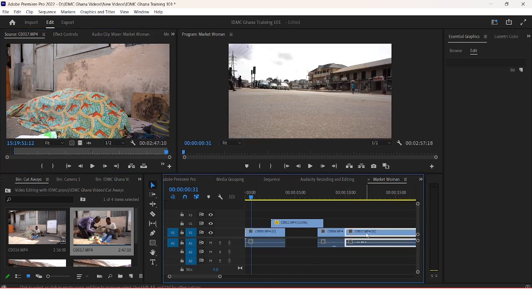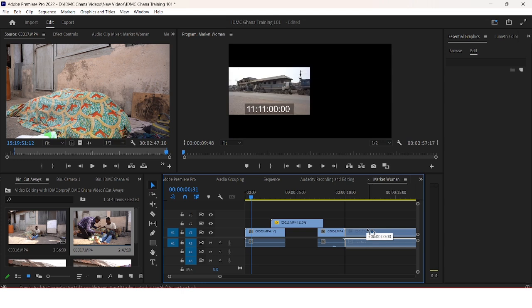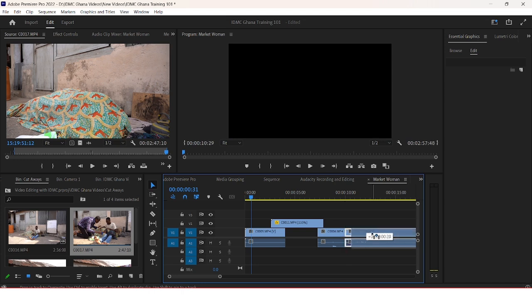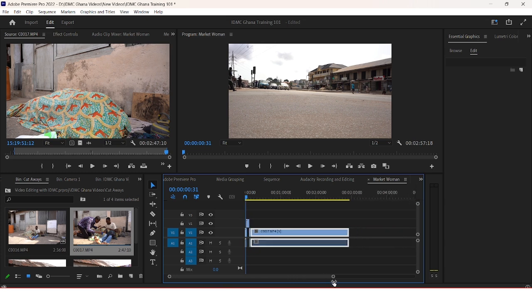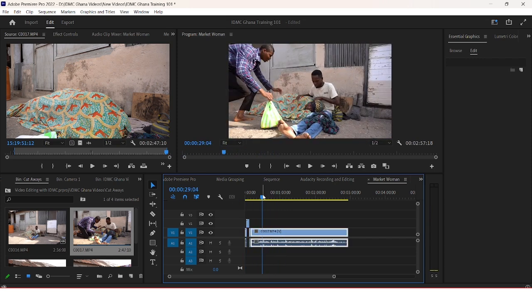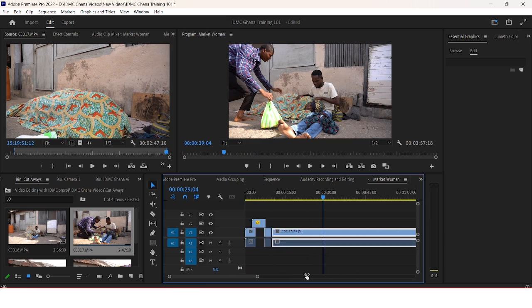And then I mentioned that the moment you hit the edge of another video, you have to see that snap effect. Because of the snap in timeline being on, you should be able to see the effect, and then you can zoom in and zoom out on your timeline, and you know that so far your video is 2 minutes 57 seconds 18 milliseconds. So that's the length of the video I have so far on my timeline, and that's how you cut, you drop, you put on something when it comes to Adobe Premiere Pro. So this is how you do all your settings, you do all your cuts,